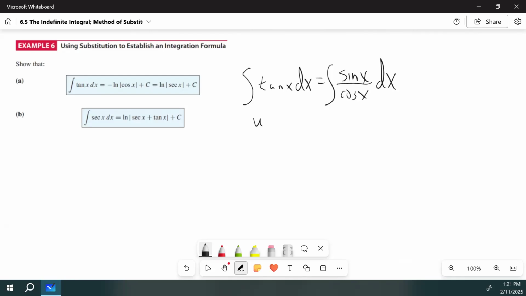Now, sine and cosine are derivatives of one another, so I can think of this as g prime over g, or u prime over u, where u is cosine x, and du is negative sine x dx. And if you adjust for the constant, multiply both sides by negative, then you would have